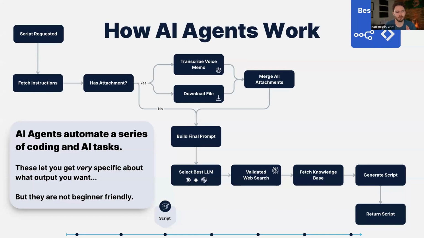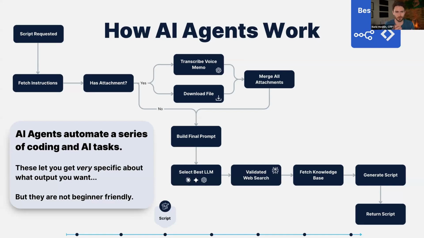The challenge with baseline ChatGPT is that it doesn't always actually read the attachment, but it kind of says it does. And so it kind of likes to pretend that it read all of the context that you gave it. So we got very specific about that, and we made it so that the file gets downloaded and transcribed in an LLM-friendly format. The same goes with the voice memo.